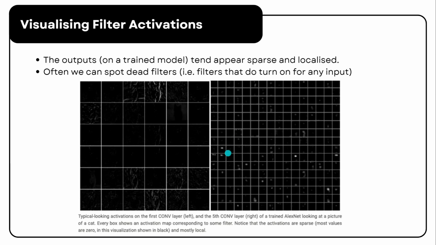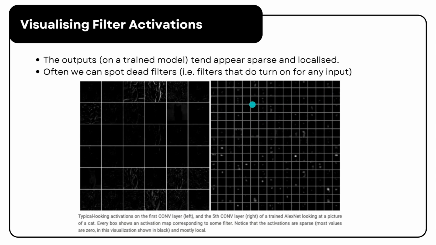Now we shift our attention to the image on the right. This shows activations from a much deeper layer in the network. As we go deeper, we apply operations like max pooling, which reduces the spatial size of the feature map. That's why these later activations appear smaller and more abstract. They have lost fine details but retained important features.